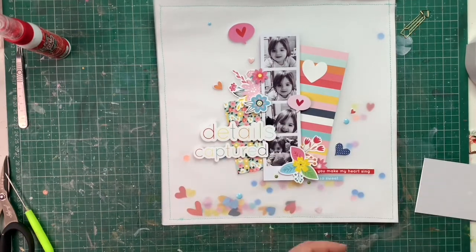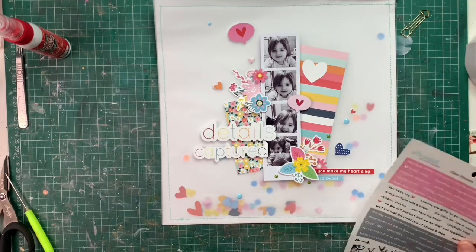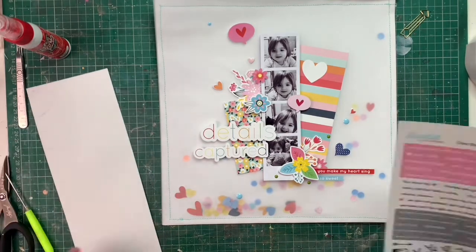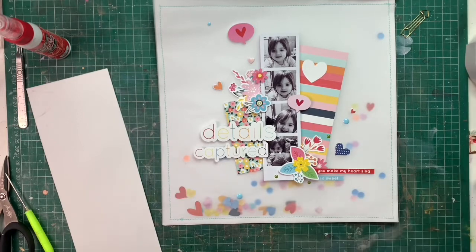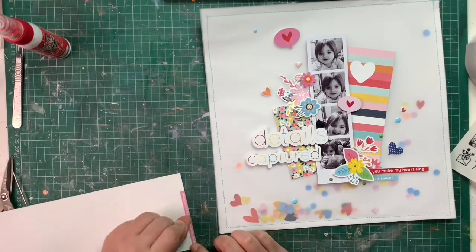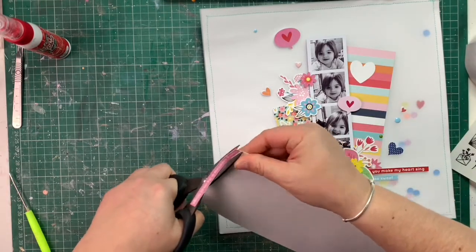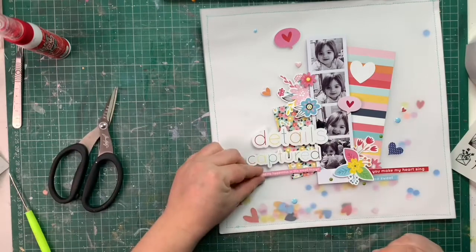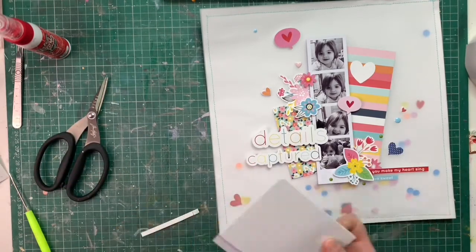I added a few enamel dots. I love using enamel dots, but also they are there to hide a couple of stains I've noticed. The painted heart left a couple of tiny stains onto the vellum, and I've placed them where those little stains were. I felt that it needed a bit more balance, so I